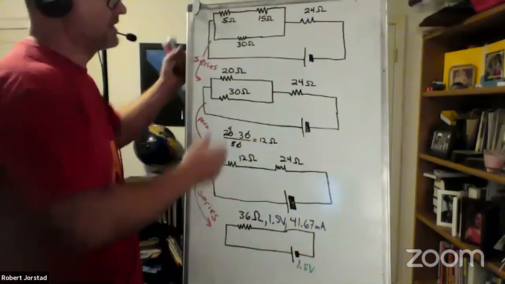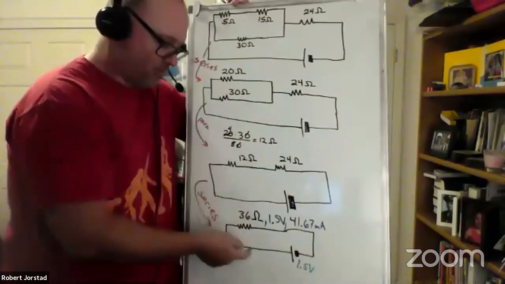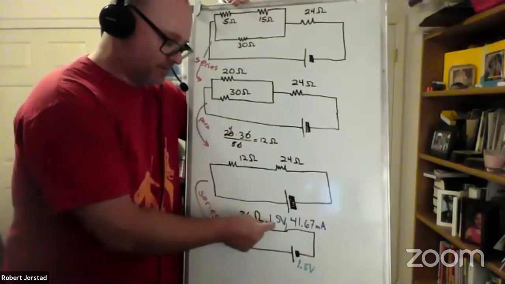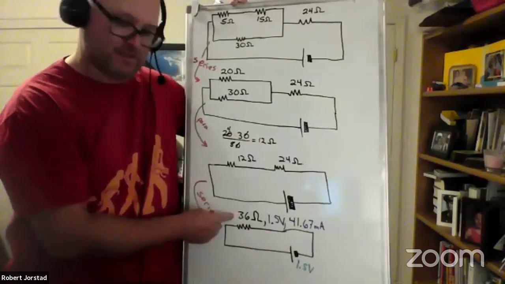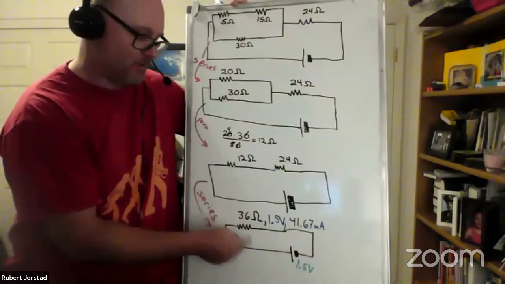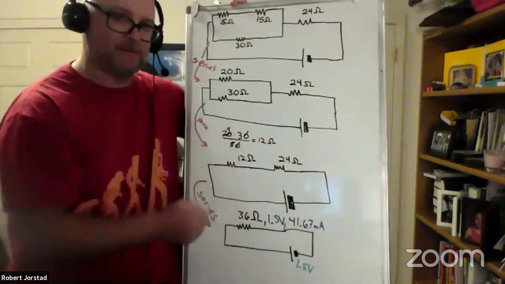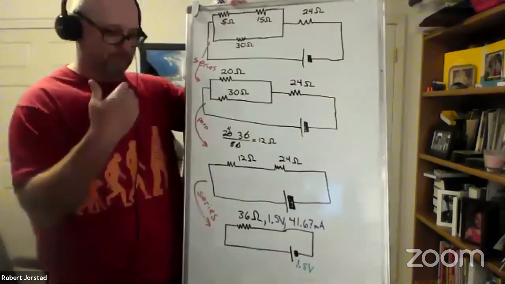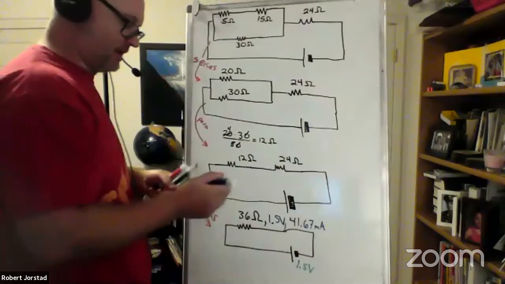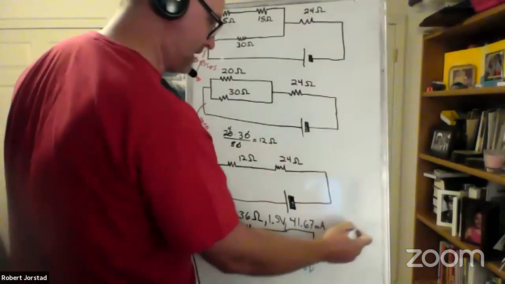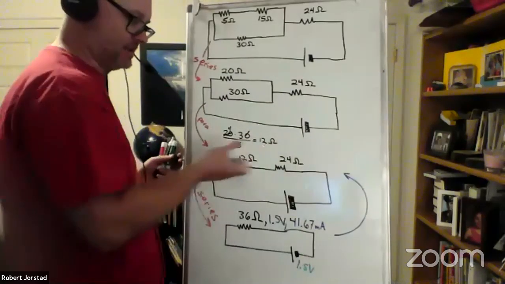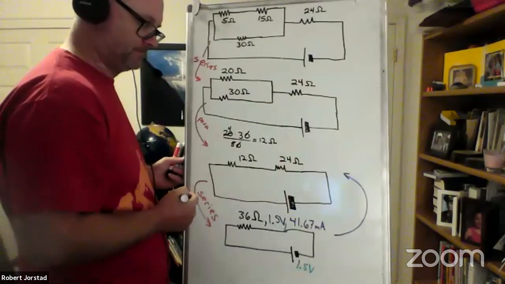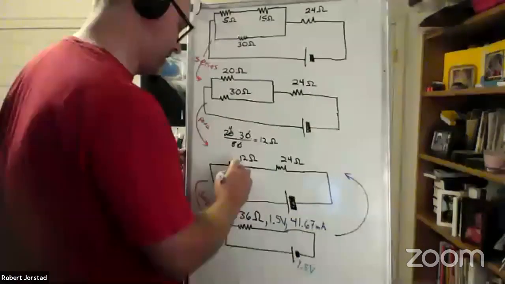So that's phase one. Get down to one resistor. Why? Because then we know the voltage here is the same as the voltage of the battery. Because when you have just one circuit element with a battery, we know this has to have all the voltage of the battery. That's why we do that. Then we're going to start working our way back. What do I bring back with me? What do they have in common when they're in series? Current. So now I know this is 41 point